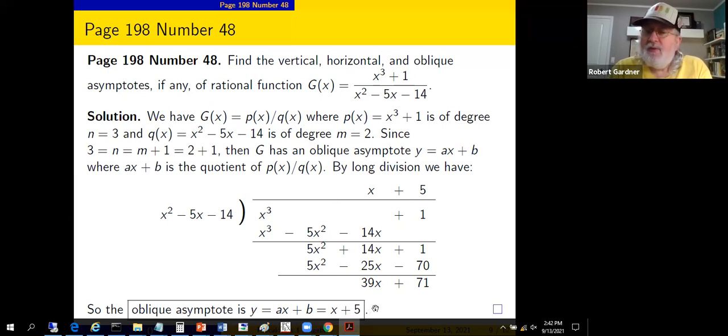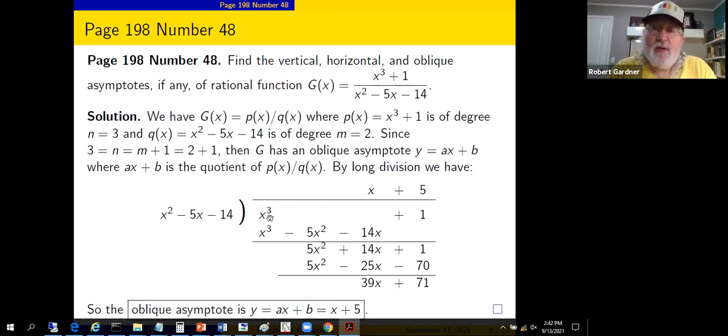How did we know for sure this was going to come out as a first degree polynomial and not some higher degree polynomial? Because we only have an oblique asymptote when the degree of this is 1 greater than the degree of that. So the first step of division, you're going to have some power of x here, and you're going to have 1 larger than that power of x here. This is a 2, x squared. This is a 3, x cubed. If that were an x to the 7th, then we'd have an x to the 8th here, or we wouldn't